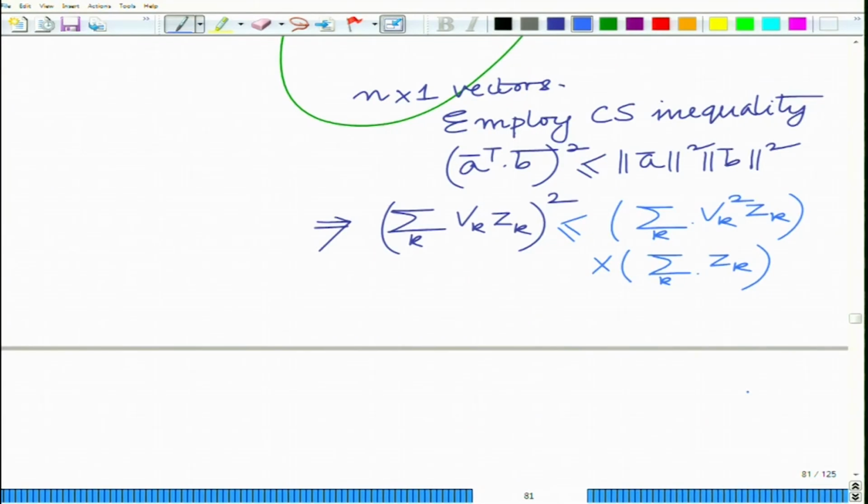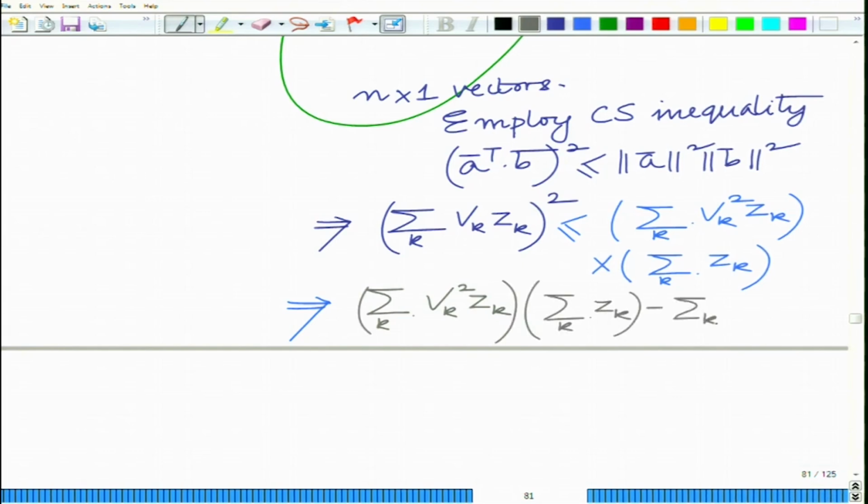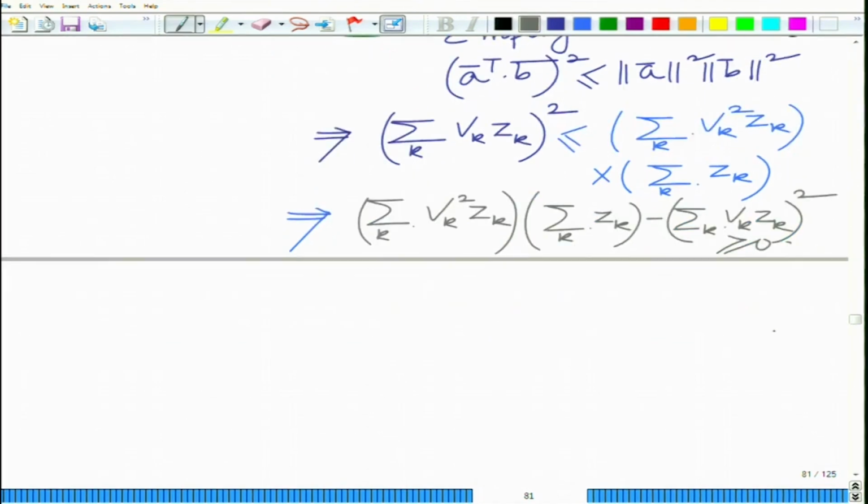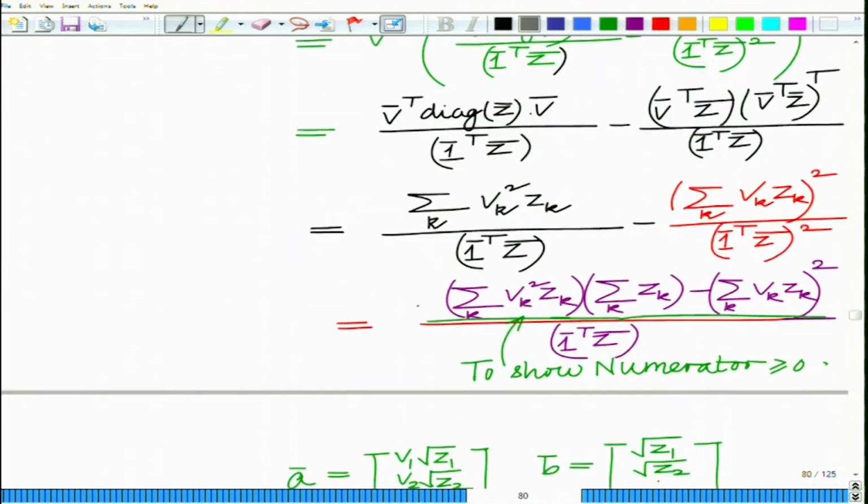which means now you can simplify this as summation K Vk square Zk times summation K Zk minus summation K Vk Zk whole square. This is greater than or equal to 0, implies the numerator is greater than or equal to 0, the numerator of 1. Let us call this expression, this is what we have set out to prove, expression 1,